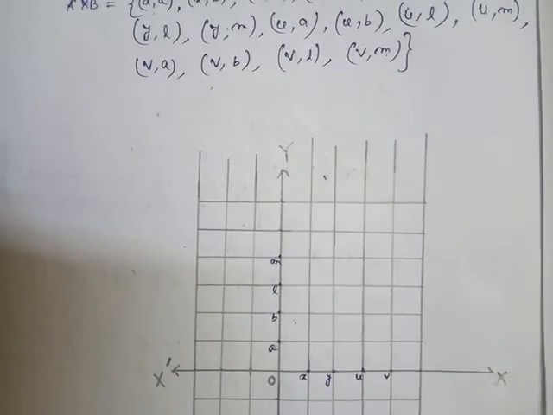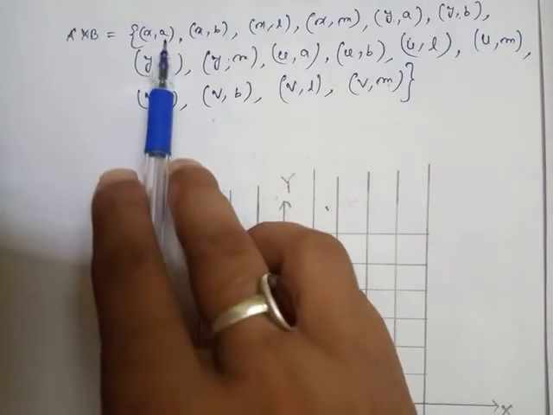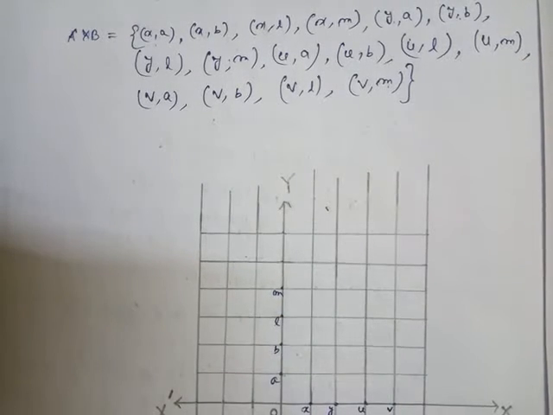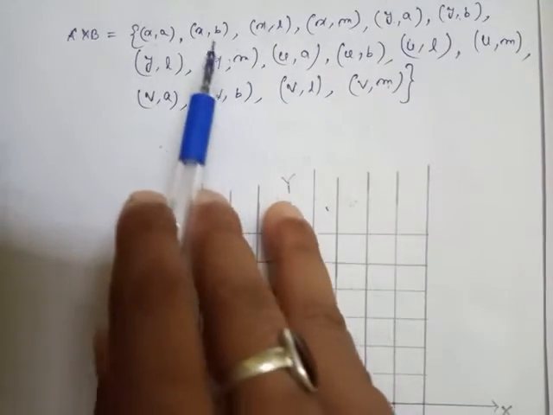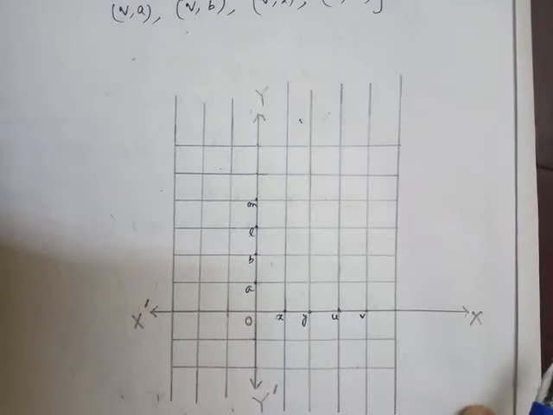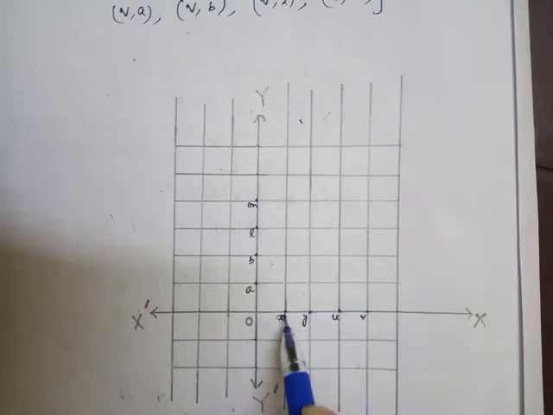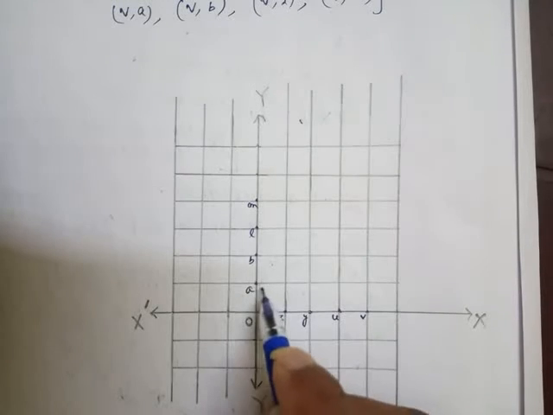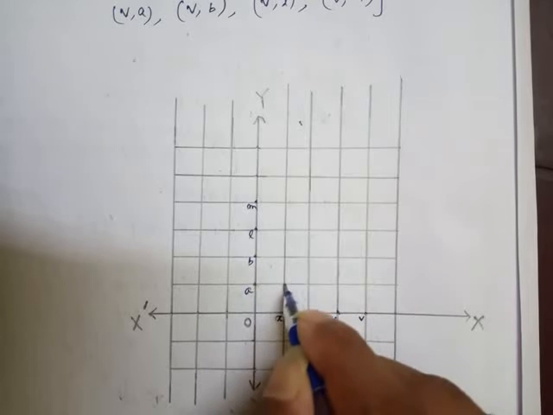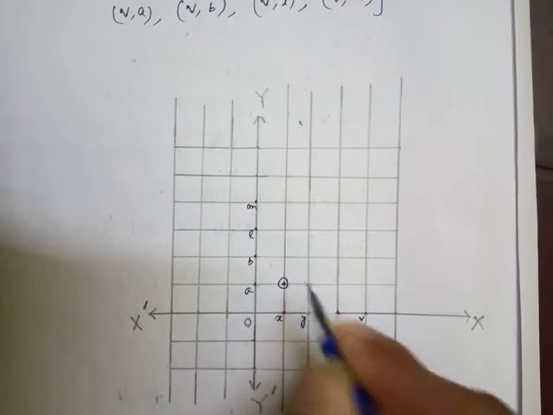Now look, student, for the first element XA, since all these elements are XA, XB, XL, XM and so on, if the values were numbered it would be very easy for us to plot them, but though they are not numbered, we'll put only this value XA. Now look here, if it is XA, the first one is X and A is here, so we'll put it here now. We'll just make one ball like this.